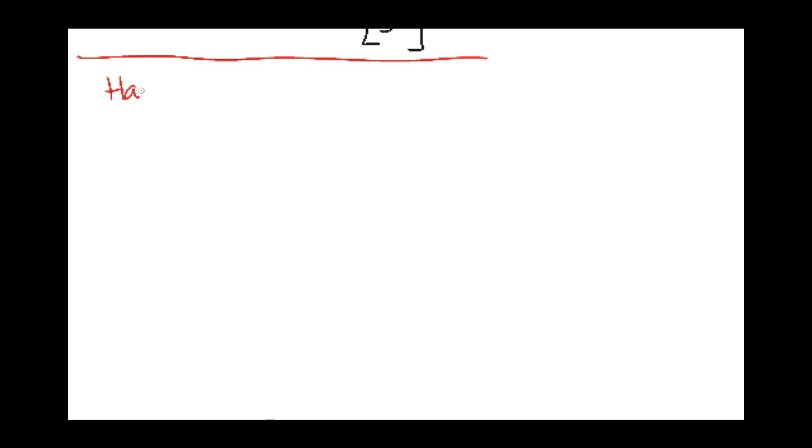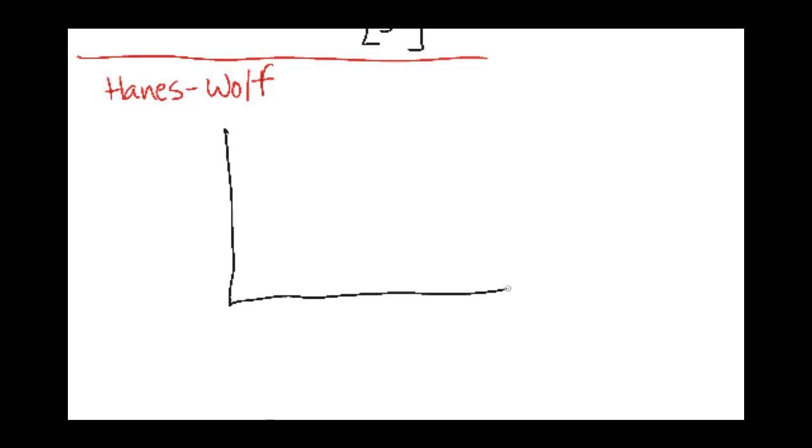So for the Hanes-Woolf plot, the y-axis is going to be substrate concentration over the velocity of the reaction, and we're going to have the same x-axis